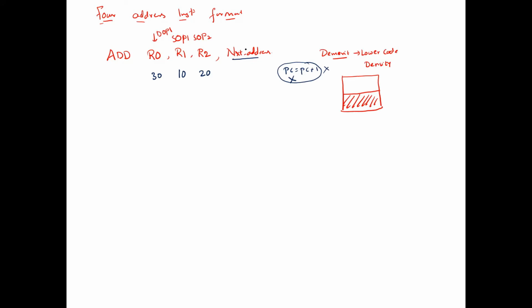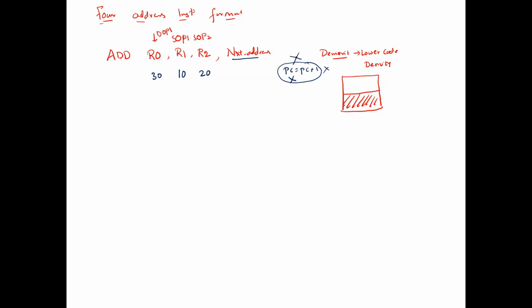If we are not providing this next address, then the mechanism of the program counter will come into the picture. In this scenario, the four address instruction format, since the address of the next instruction to be executed is explicitly mentioned in the add instruction, we do not require the program counter register.